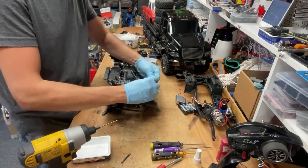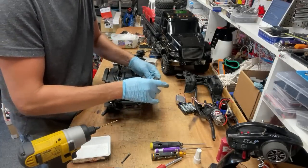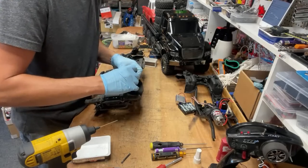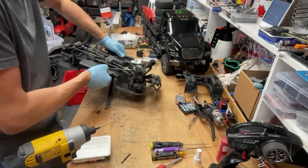How's this all going to come apart? Right, so now that out. Right, so that's only got to come out that far. Right, that's good. So now we can